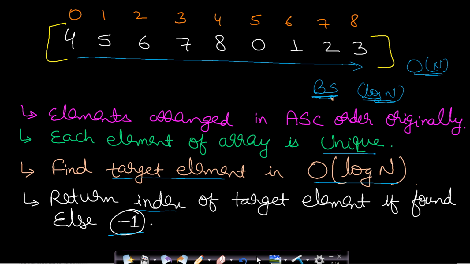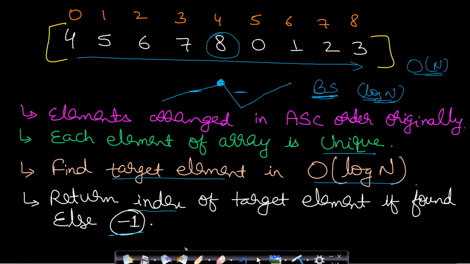So the first thing which we can do is we can try finding the pivot element in this array. Now the pivot element is the element which is having a higher value than its left element as well as a higher value than its right element. So actually the pivot element denotes that after that element the graph will decrease and again it will increase, and before the pivot element the graph will keep increasing. So we need to find the pivot element. In this case you can see that 8 is that pivot element.